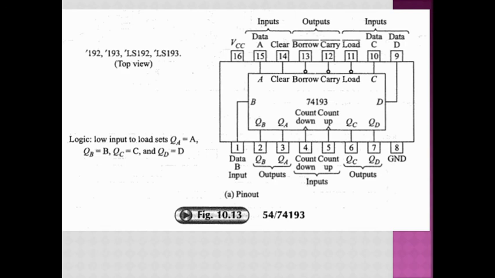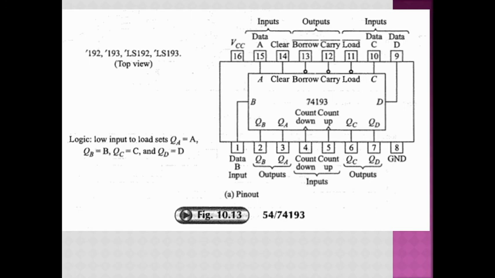Then after, it works either in count up mode or in count down mode. If it is working in count up mode, it will start from state number 5, then go to state number 6, 7, and so on, progressing like that. But if it is operating in countdown mode, then from state number 5, on the next clock pulse, it will go to state number 4, then state number 3, and in that way. So this way, the counter can be preset from any count, and then it can operate either in count up mode or in countdown mode.